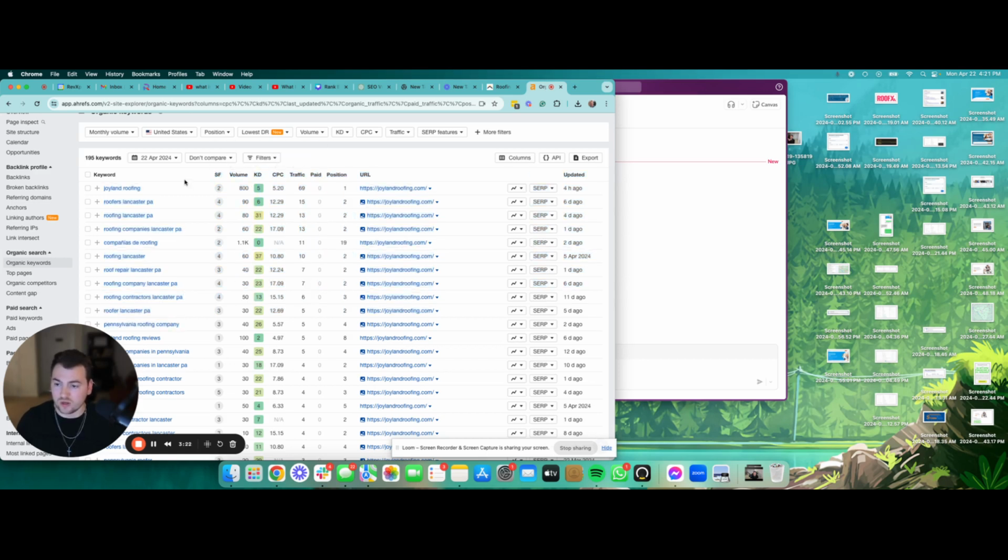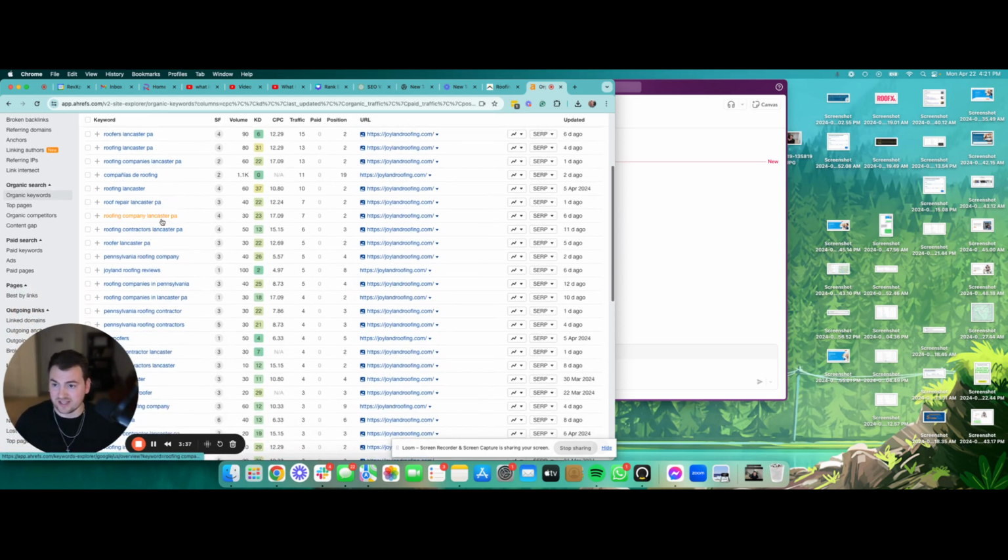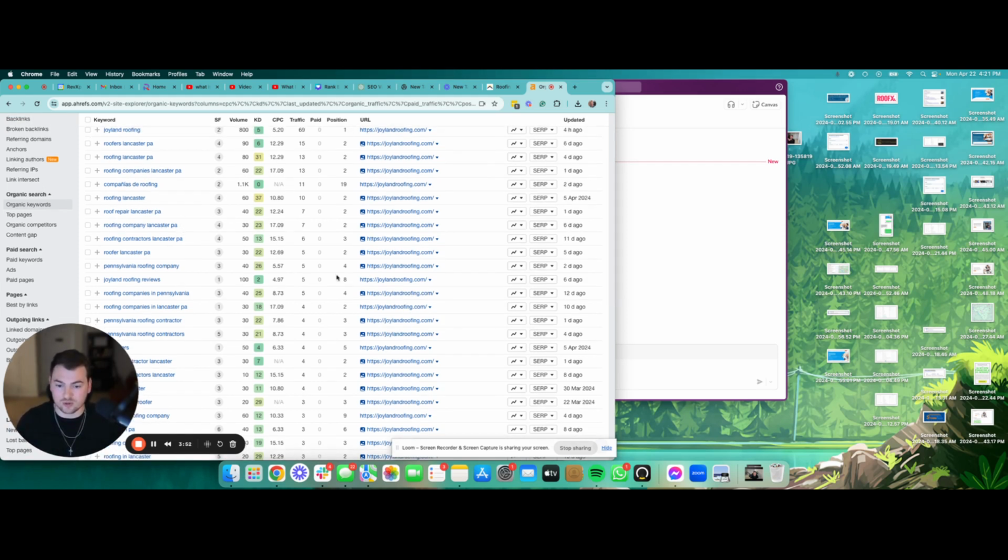Keywords are things that people type into Google, and it's as simple as that. I was going to go into a deeper explanation, but there's really not much more to say. Now, what we can see right here is a ton of valuable keywords that they're currently ranking for. So not only are we able to do keyword research with this strategy, we're actually able to see the company that has the best SEO strategy for these keywords. So what I would do right here then